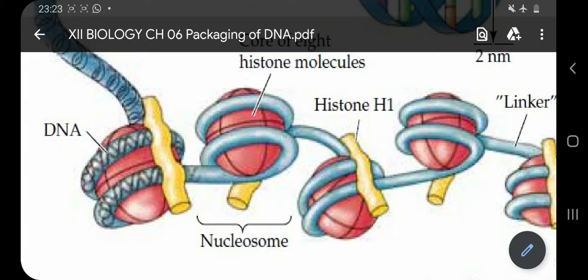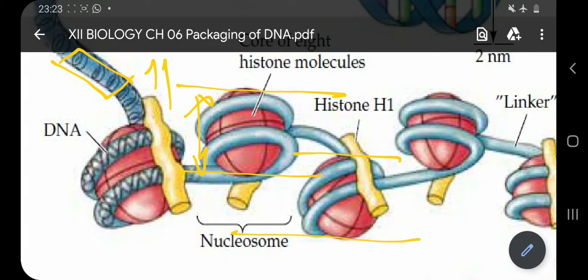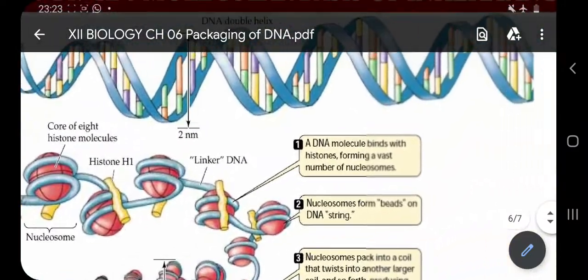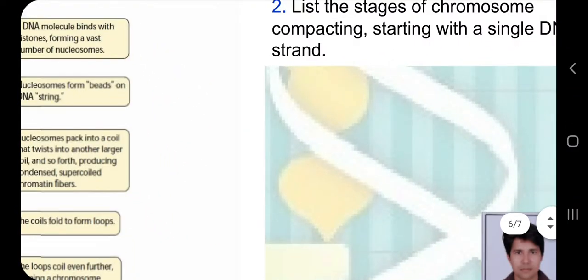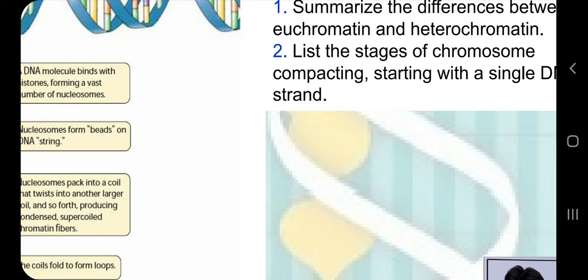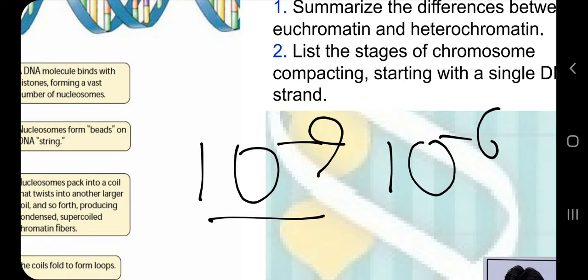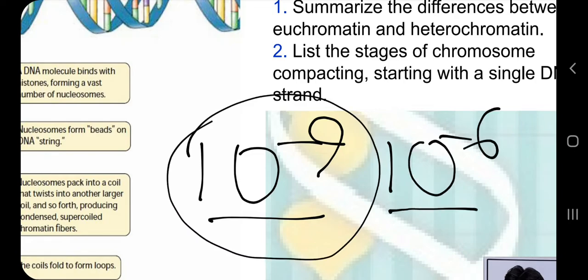The width of these beads is roughly 10 or 11 nanometer. So if this thread has a width of 2 nanometer, you can compare easily. This width is 11 nanometer. What is nanometer? You all are aware, I think, and if you are not, let me explain that also. Nanometer is 10 to the power minus 9. 10 to the power minus 6 is micro, minus 9 is nano. It is the reverse of billion. We have 9 zeros in a billion, so it is minus 9.